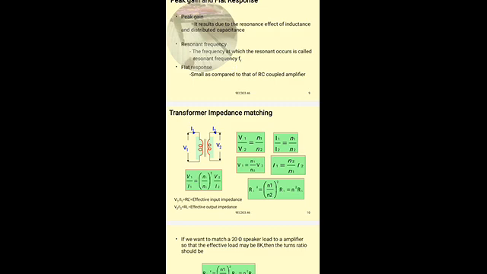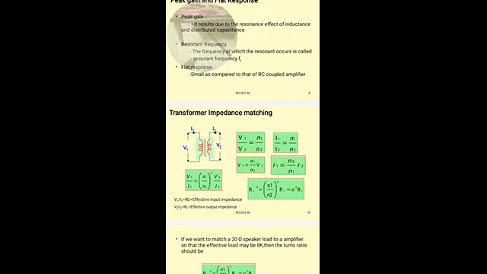So V1 by I1 we can write as RL dash, and V2 by I2 we can write as RL. So we can write RL dash is equal to N1 by N2 whole square into RL,